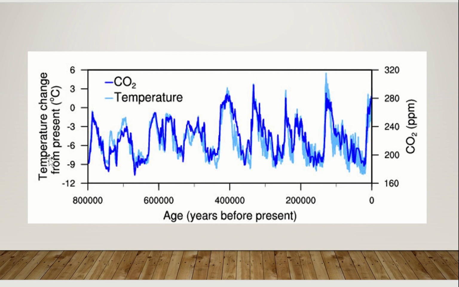Now, on the left hand you have one axis, and on the right hand you have another axis. So this is a special type of graph, a double axis graph, and it shows you what the different levels are for each of these. The left hand shows you the temperature ranging from -12 Celsius. That's why the units are mentioned. It's always important whenever you work with any kind of measurement to mention the units, up till 6 degrees Celsius. On the right hand side, we have carbon dioxide emissions in parts per million, ppm, ranging from